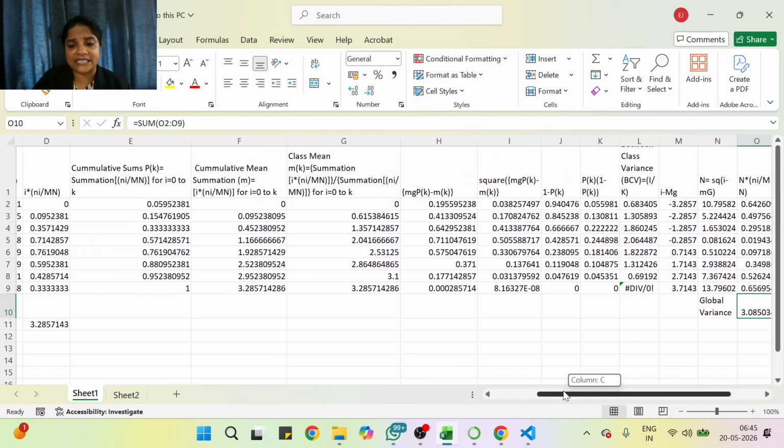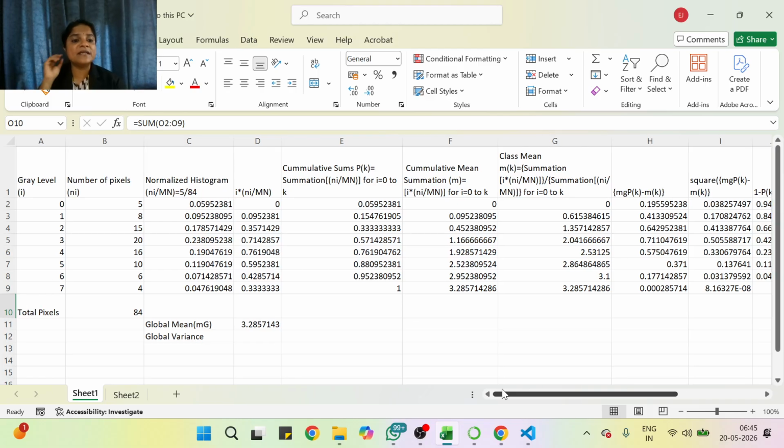Thus, mathematically, I have told you how to implement Otsu's thresholding algorithm to find the optimum threshold. Let me again repeat the steps. By now, all of you should be very familiar with the concept. We calculate Ni, the normalized histogram Ni by Mn, the cumulative sums, the class mean, the global mean, and the between class variance. The intensity value for which the between class variance is maximum